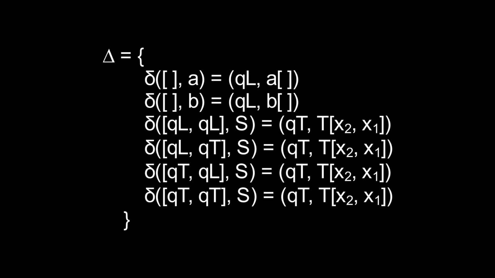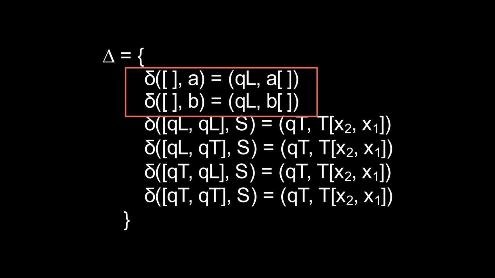Here are our transitions. For our purposes, we'll represent them as a function taking in two things: a list of states of the child nodes in the output tree that we've built so far, and a symbol of the input node that we're processing now. The function returns both a state for the output tree and another tree, represented in bracket notation, that can contain variables for constructing the output tree.